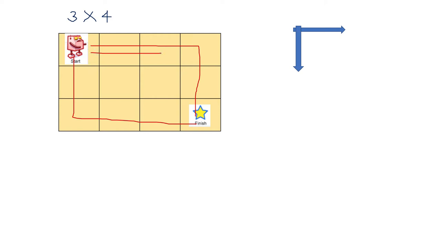Then we can do like this. Or maybe we can move like this. Maybe this one also is a possible path. Then we can go to another path. Okay, starting from this. So in this way, so many paths are possible, right? So we have to identify in total how many ways we can move from this starting point to the finish point.